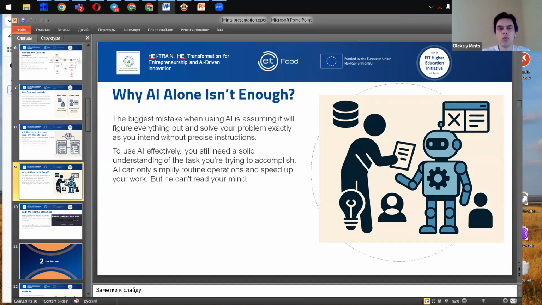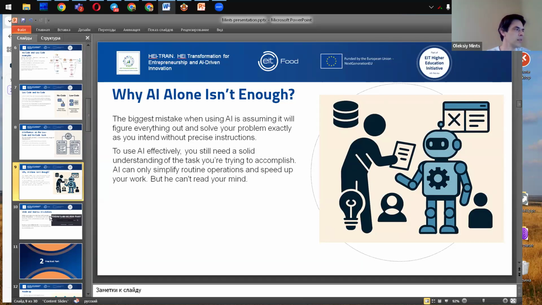You must be able to clearly formulate the problem you are posing to the AI. It's also important to understand how the user interface is designed, how you will monetize the product, and what additional services will be required. So, AI can dramatically speed up all processes in entrepreneurship, but it cannot do them alone.